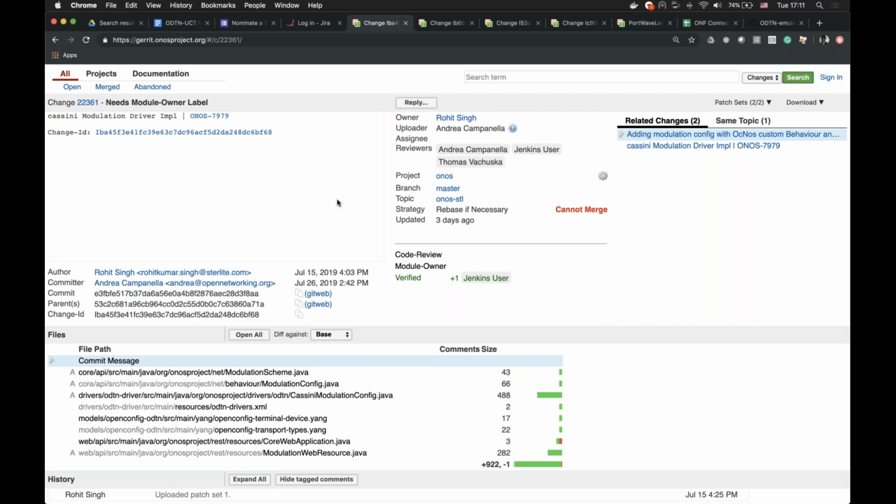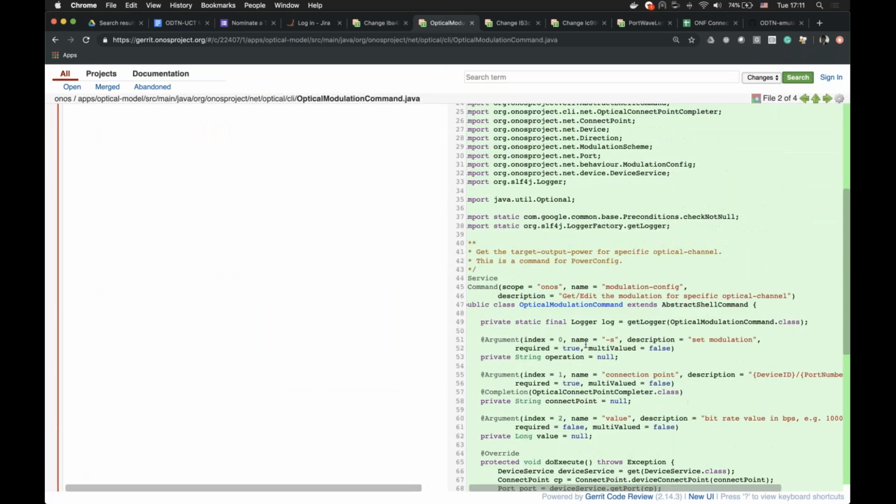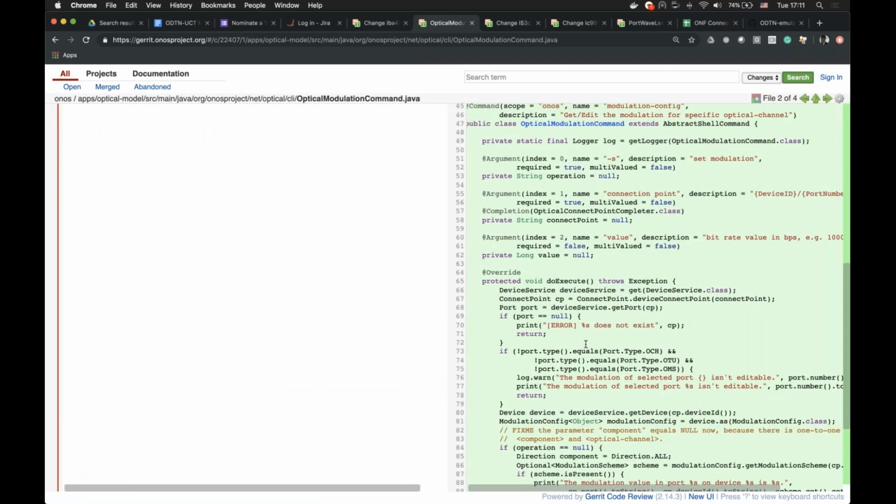And then on top of it, so I did not touch the functionality-wise this patch particularly, but I actually used it to implement two things. One is an optical modulation command, CLI like the modulation